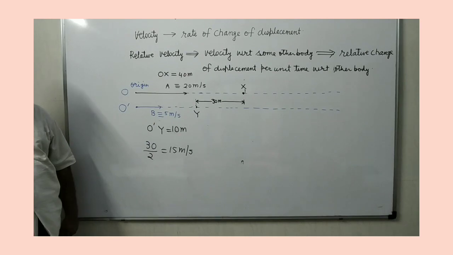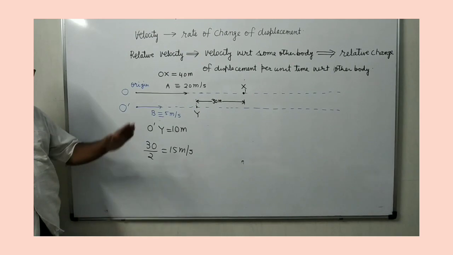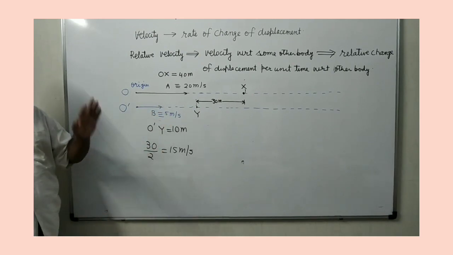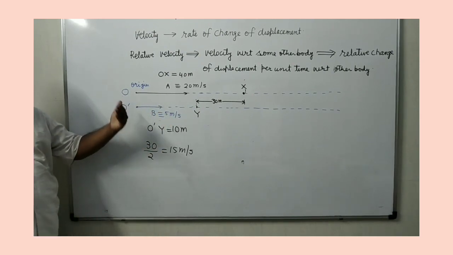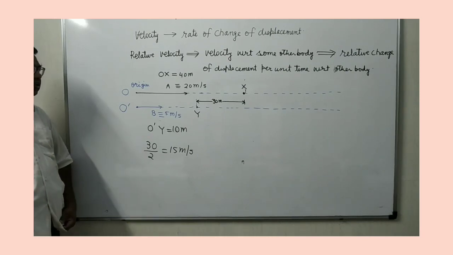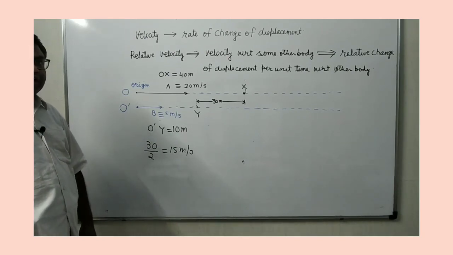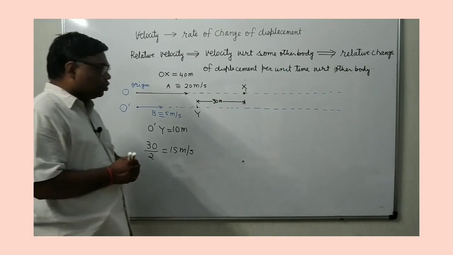But when we say relative velocity, it will be with due consideration of the direction. So in case of x, it will be 15 meter per second. In case of y, it will be minus 15. Why? Because B is lagging behind x. Is it clear? Now see here, if you think vectorially, in vector terms it will be equal to what?